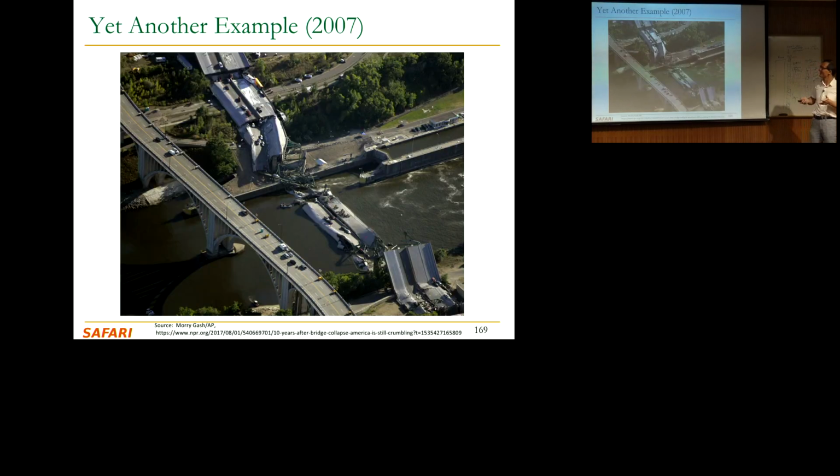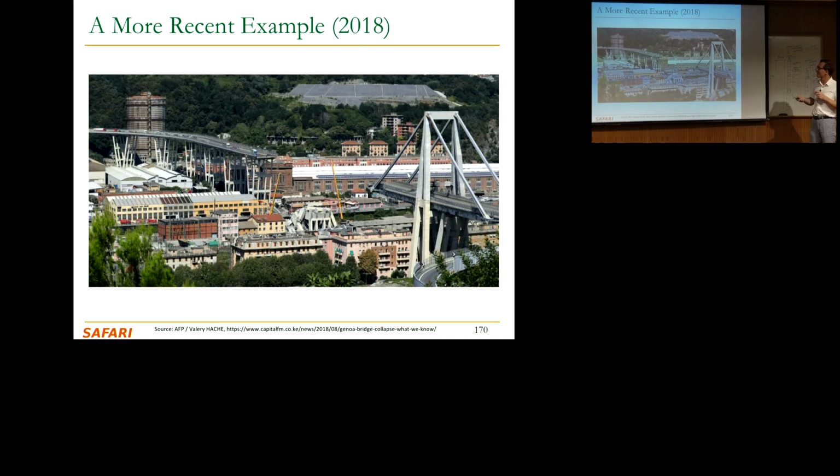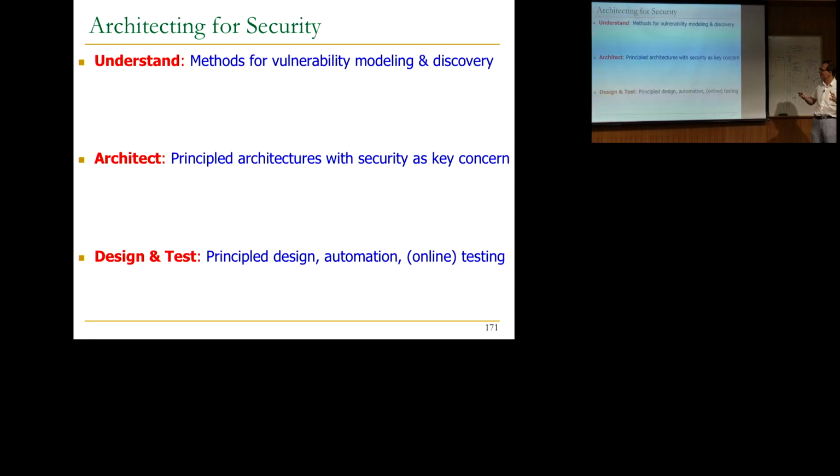You may recall this one. This is, I think, somewhere in Italy, right? No, that's at Minneapolis. This is the bridge over there. And this is a more recent one. This is in Genoa, right? Very recently. So we've been building bridges for I don't know how many thousands of years, and we still run into such problems. Now, you could guess why we have it, why we don't have it. I don't know. But I think in computers, we have the flexibility of modeling better.